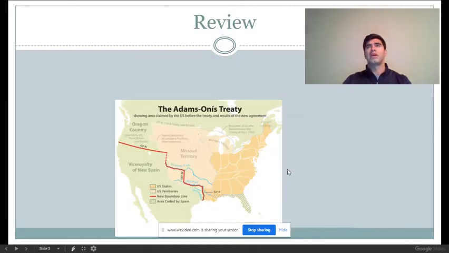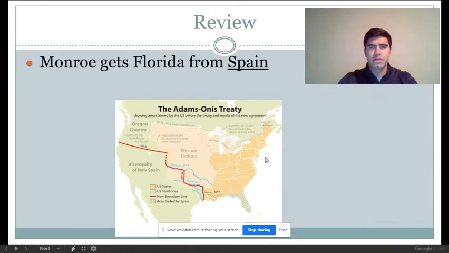And then we also talked about how our fifth president, James Monroe, is going to enter into an agreement with Spain to acquire Florida from Spain for the United States. And we talked about how John Adams' son, John Quincy Adams, is going to serve as James Monroe's Secretary of State, and he's basically going to iron out all the negotiations with Spain and draw up the contract so that James Monroe, basically all he has to do is sign the contract.